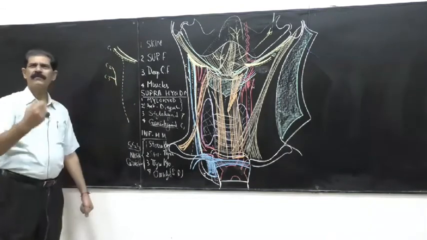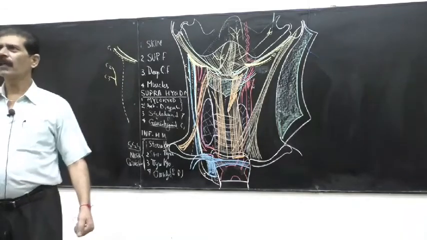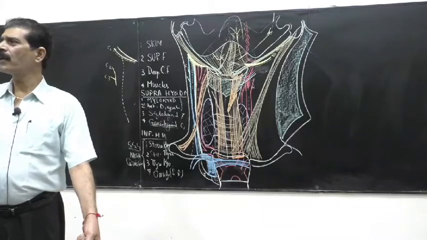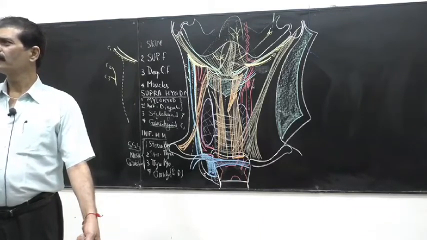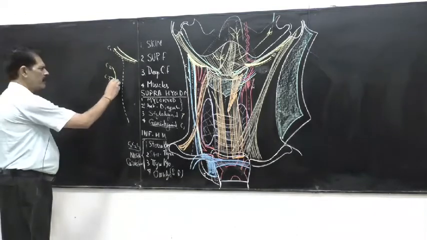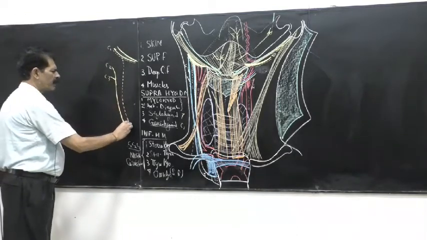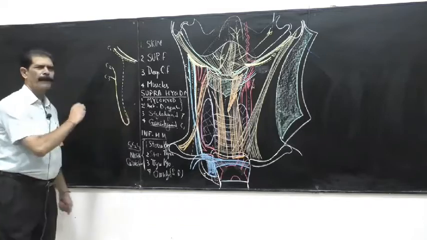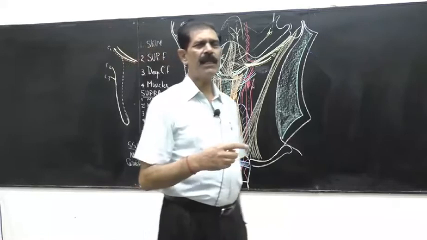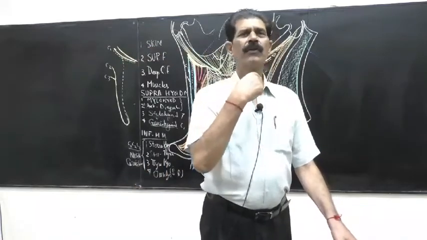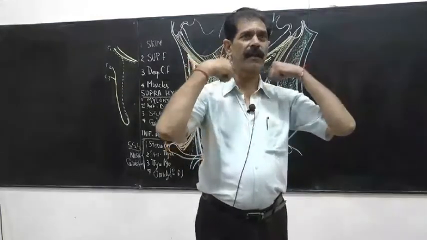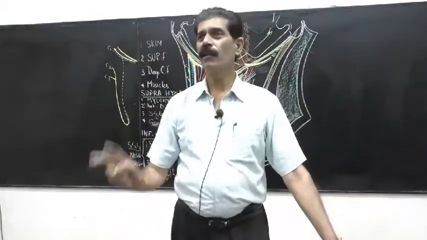Now they become thick. Plus, immediately after the union, they are embedded in the anterior wall of the carotid sheath, which gives them support. So they come and meet with the C1 fibers, and they form a loop. This loop is called ansa cervicalis. Ansa means necklace. You wear a necklace on your neck, but there are two necklaces in your anterior triangle also. God has given two necklaces.